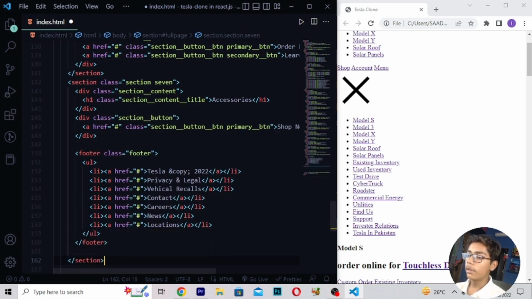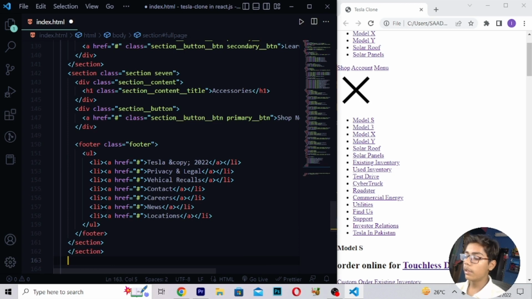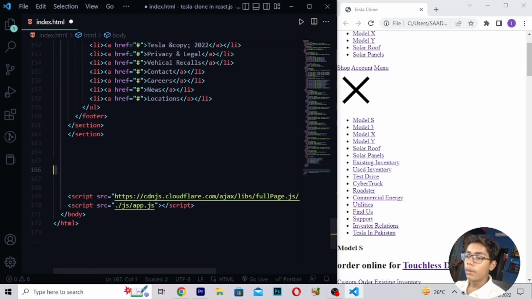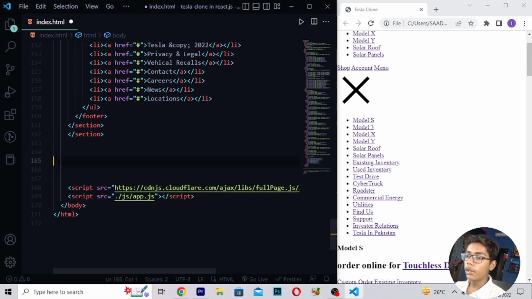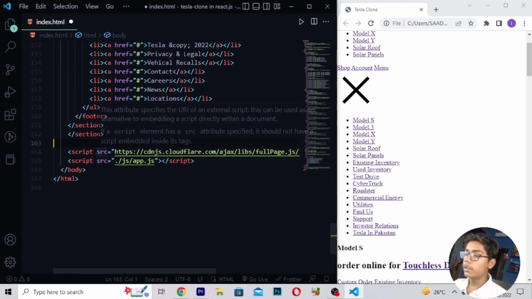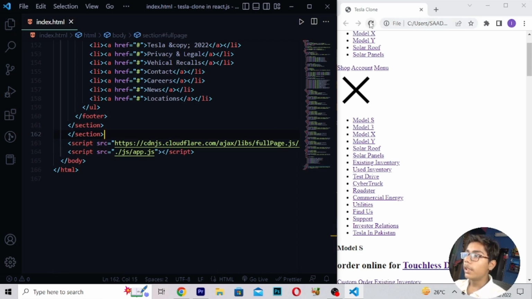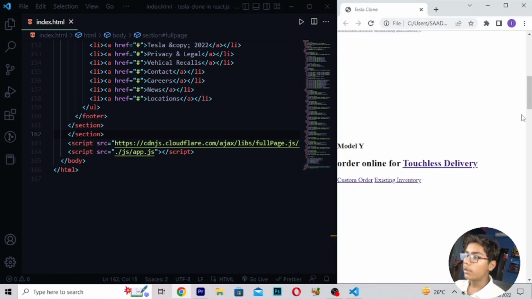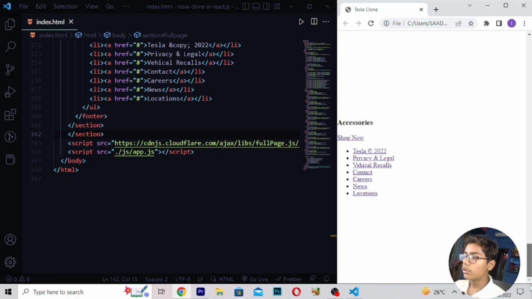Then when you've written this, here I will be just now moving after this tag here, close this section tag again. And then when you've written this, here I will be now just moving it here like this. Now when you've written these all things here, we have just done with that. Now when you've written this, here I will be saving, then you have to reload. So now we are getting all this stuff here, which is looking good. Now if I show you, you can see.